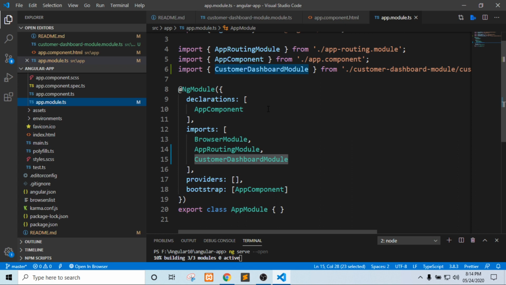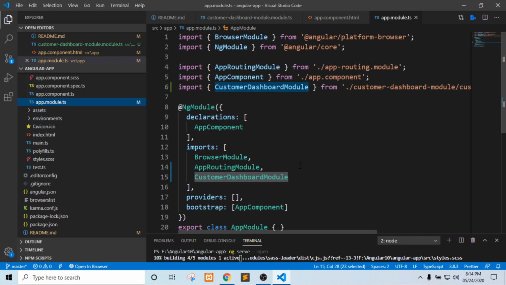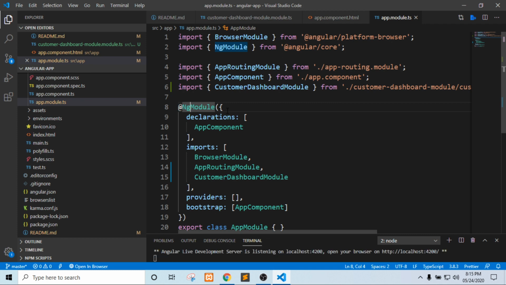It has some set of properties and some import statements which we can see here. Here we can see the decorator @NgModule. Angular has provided different decorators for specifying a particular class as a component or module or a pipe or directive. So here ng module is a decorator also.